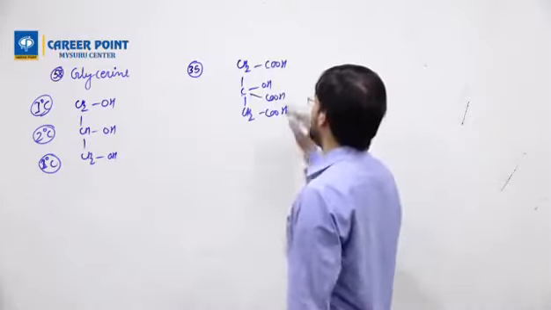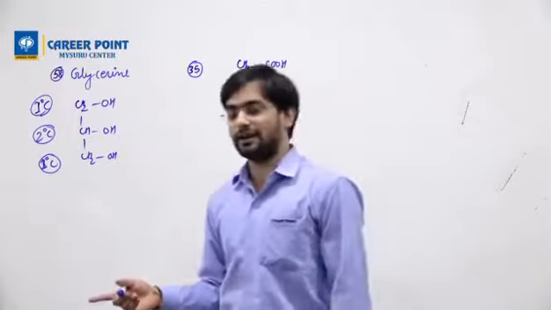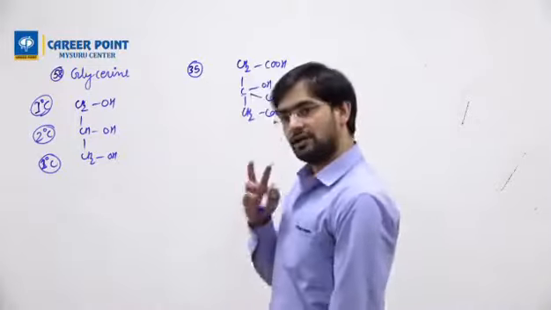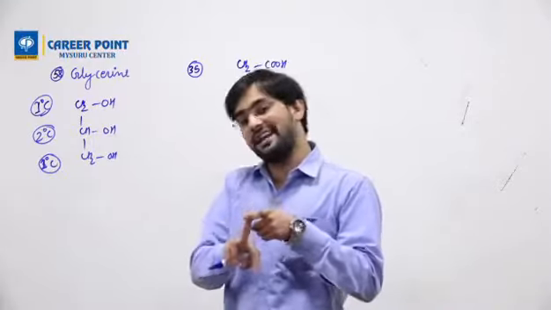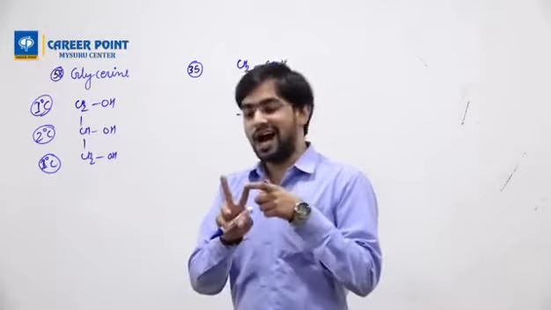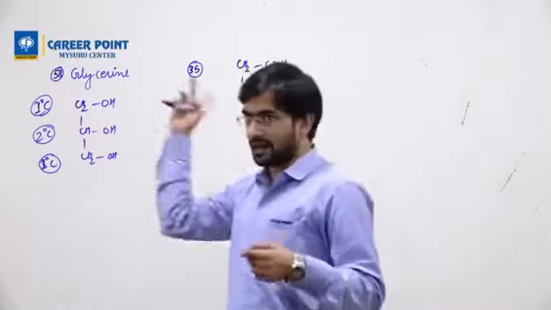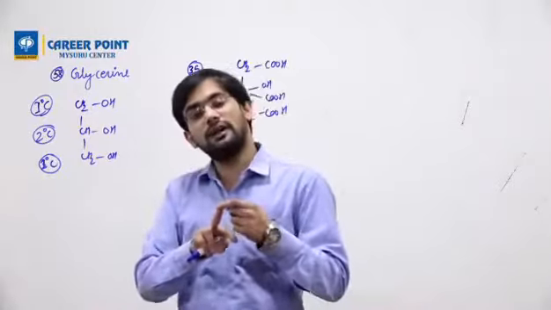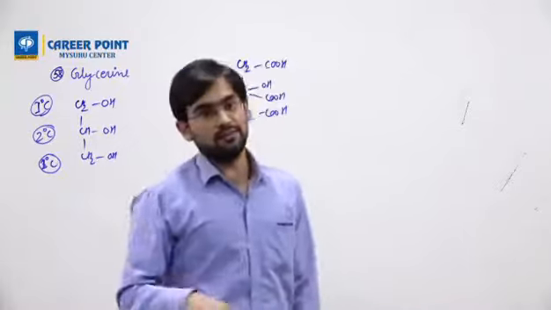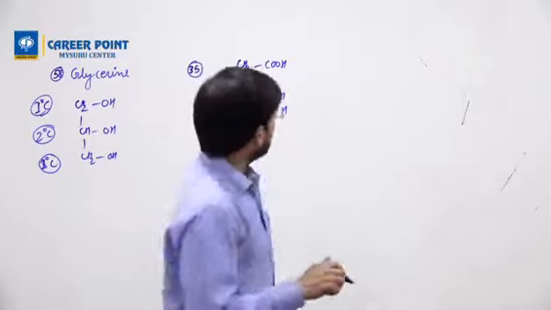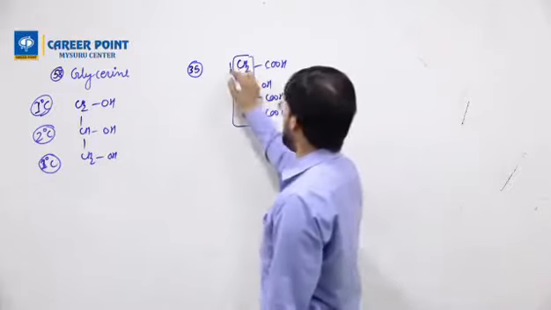In order to treat them similarly, I cannot count all three at a time because of the chain diagram. So there are two options. Either you count all three of them together, or, if you cannot, then the second option is that you should not count any one of them in the chain. If you do not count any of them, it means all three are treated similarly. It means this becomes your parent hydrocarbon. Then the numbering is done 1, 2, 3.